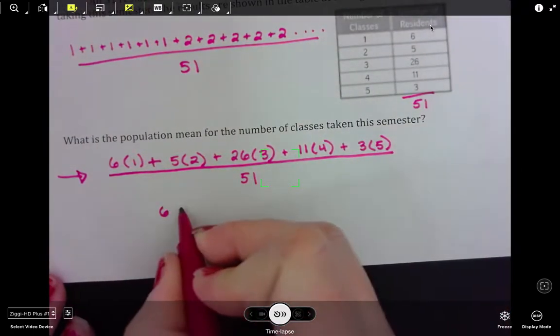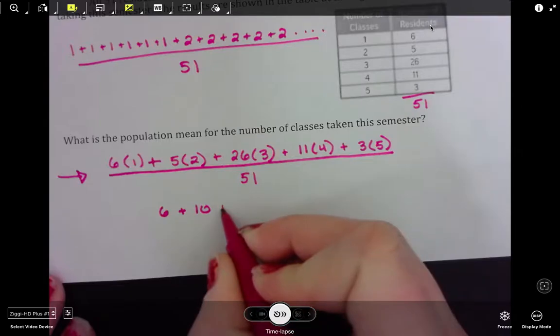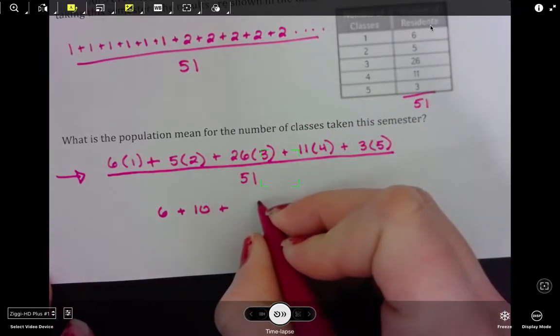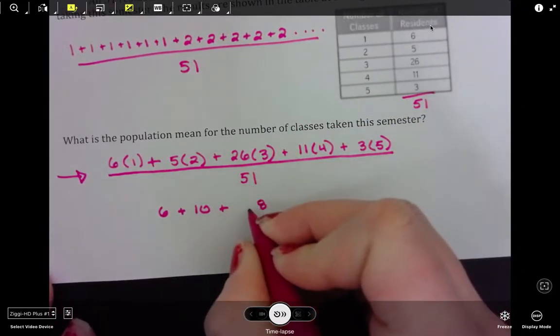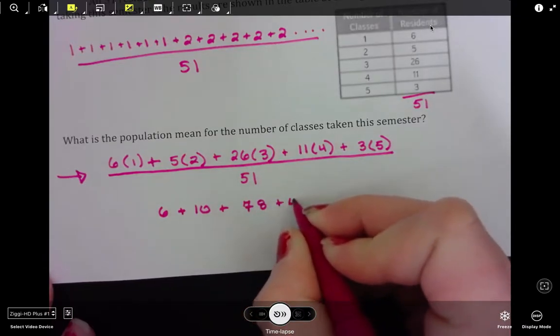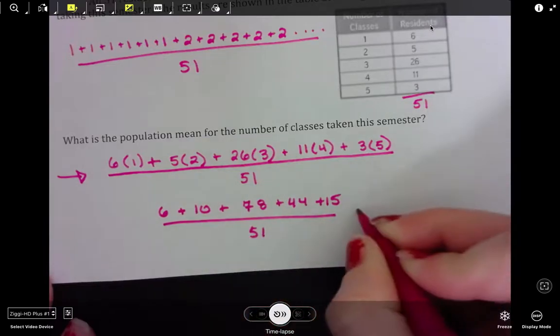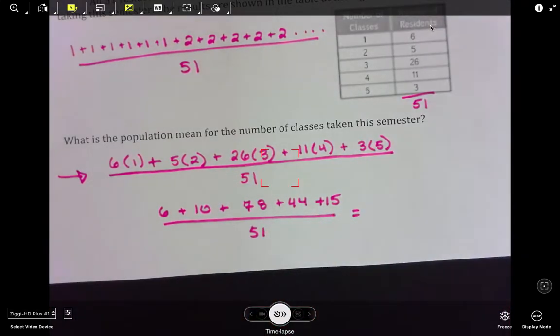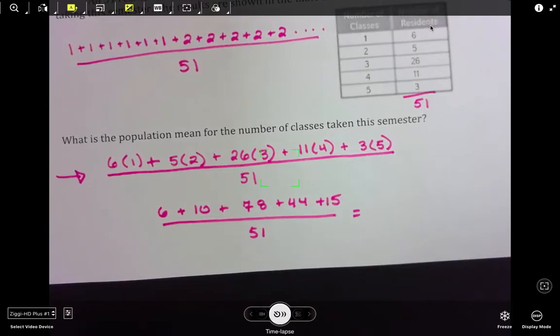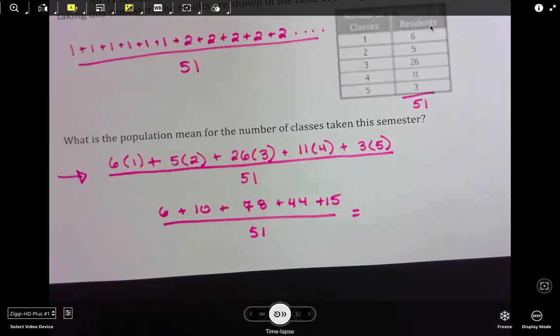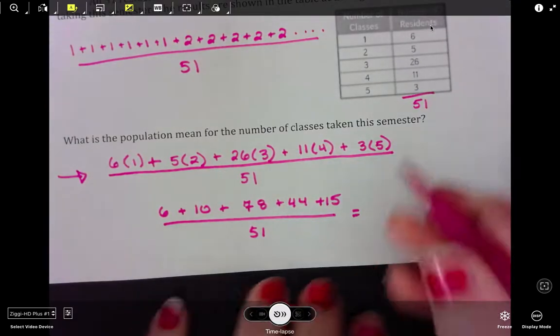So 6 times 1 is 6, 5 times 2 is 10, 26 times 3 is 78, plus 44, plus 15, all divided by 51. Okay, I'll do this in my calculator right quick. 6 plus 10 plus 78 plus 44 plus 15 is 153